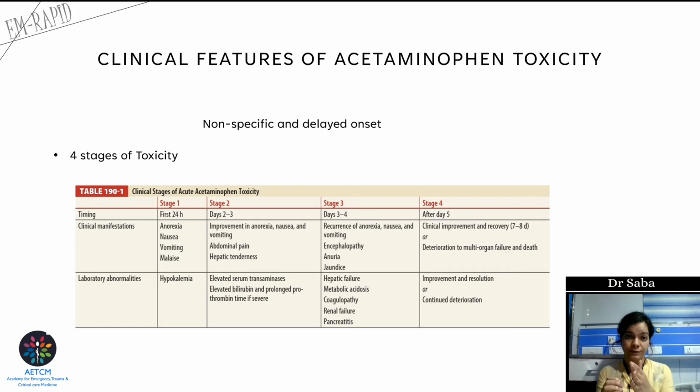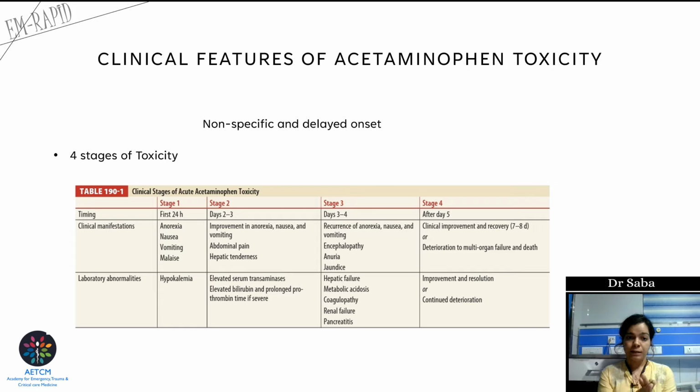Now, stage 2 is from the second day up until the third day. In this, the first symptoms that developed within 24 hours, anorexia, nausea, and vomiting, will improve, but the patient will have new onset of abdominal pain and hepatic tenderness. Now, this is the beginning of hepatic injury. As we discussed during the metabolism of acetaminophen, hepatic injury occurs within 12 hours of exposure. So for it to reach its peak and elicit signs of hepatic tenderness, it takes about 2 to